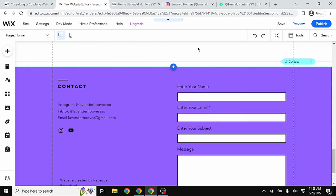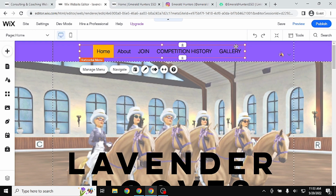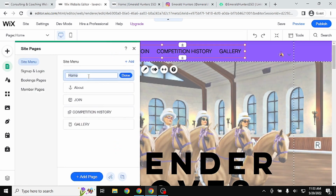So let's go ahead and take a look at what we have here at this point. Yep, so we have Home, About, Join, Competition History, and we notice how it says More here. We can actually go ahead and stretch this out until it says Gallery. And yeah, let's go ahead and change this Home and About section just so that they're all capitalized like all the rest of them. So we have Home and